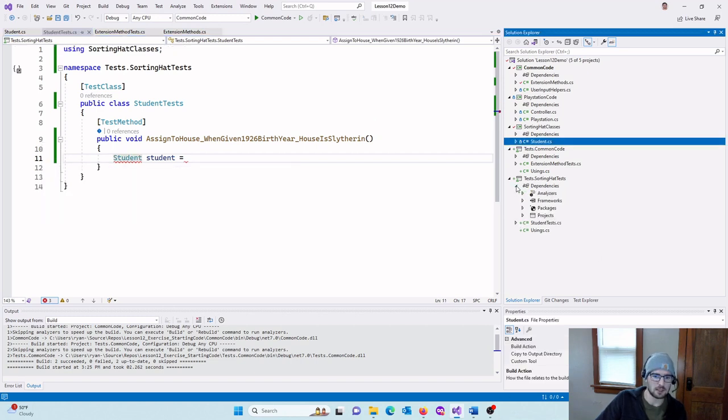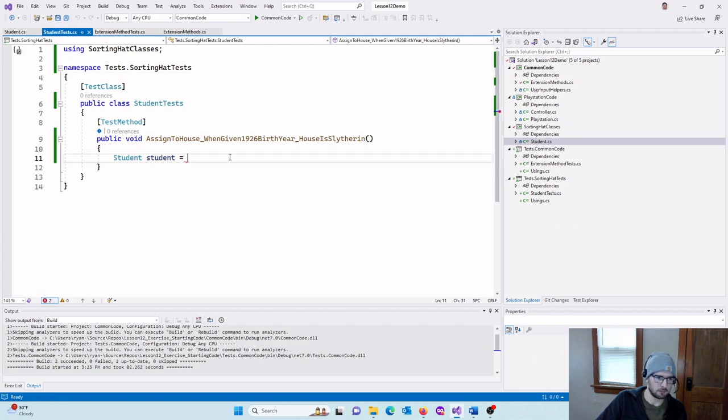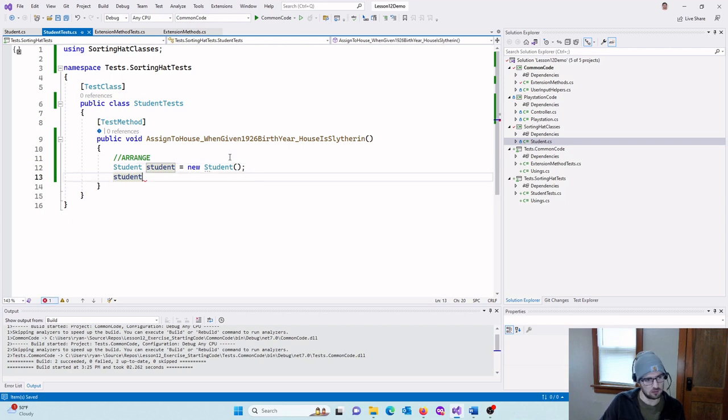And it adds the reference in here, and it also adds that using on top. Okay. Student equals new student, and right. So our range step here, student dot